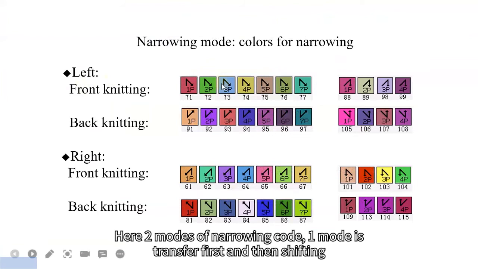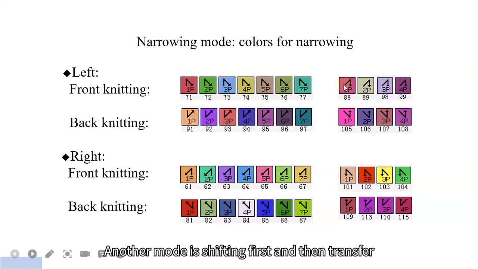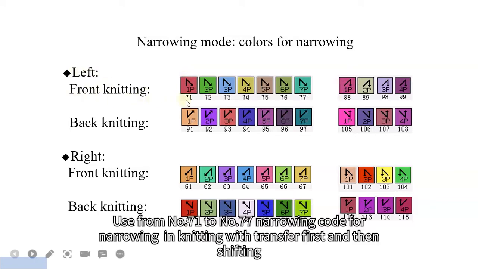Here are two modes of narrowing code. One mode is transfer first and then shifting. Another mode is shifting first and then transfer. When in the left narrowing, for the front knitting, use from 7.1 to 7.7 narrowing code. For narrowing in knitting with transfer first and then shifting,